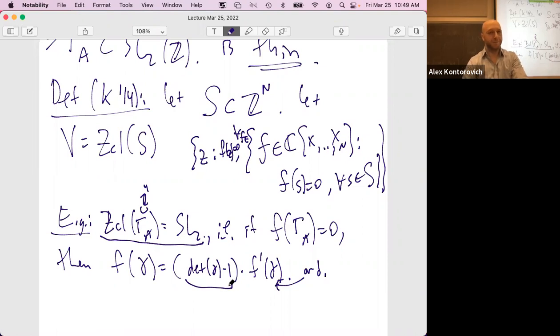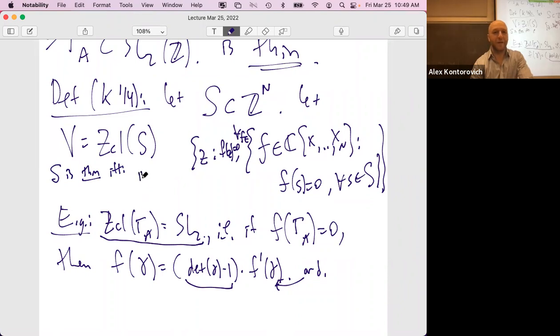But why would we guess that this means that gamma A should be called thin? So I haven't finished the definition. Okay, because it means that it's big. It's big in an algebro-geometric sense. S is by definition Zariski dense in its Zariski closure. Yeah. So it's big in this algebro-geometric sense. So let S be a subset, let V be its Zariski closure. Then S is thin if and only if, here's a definition,